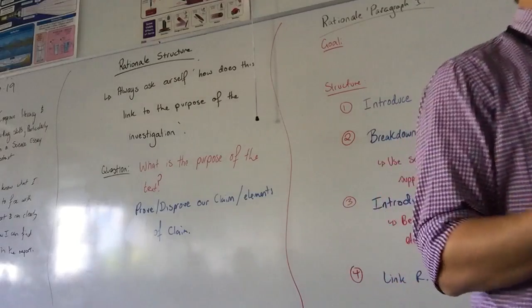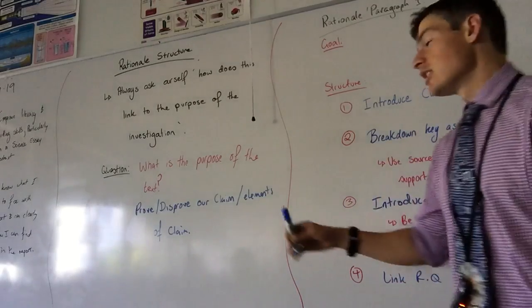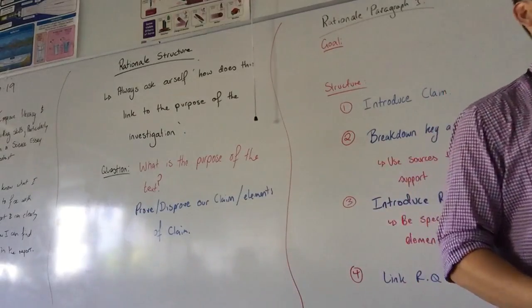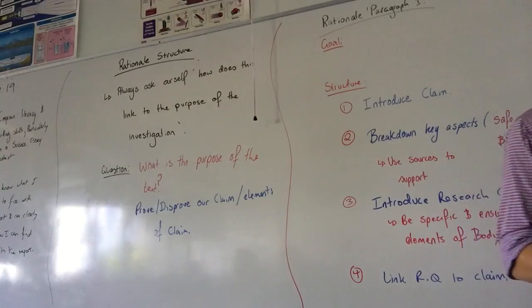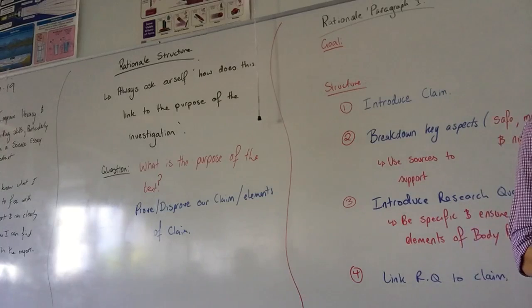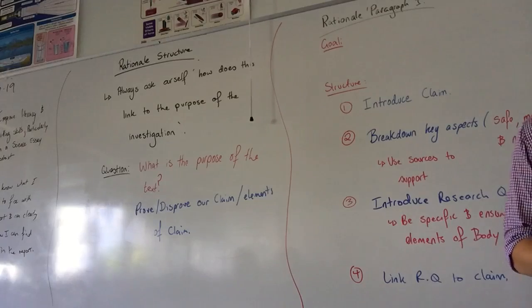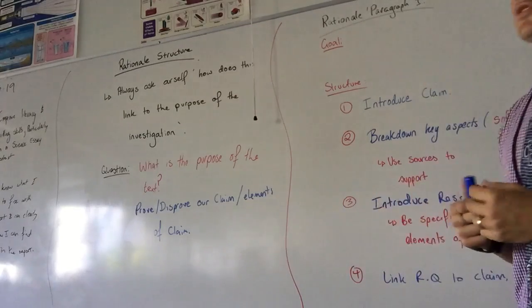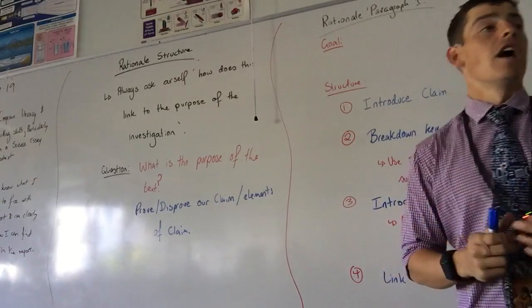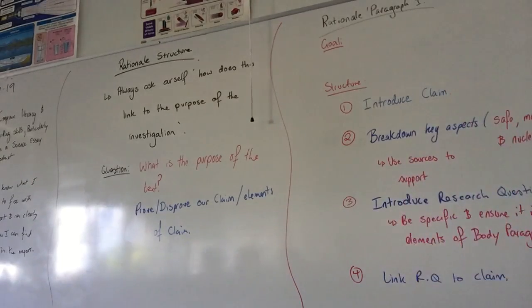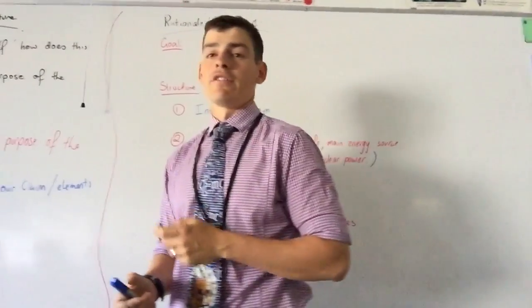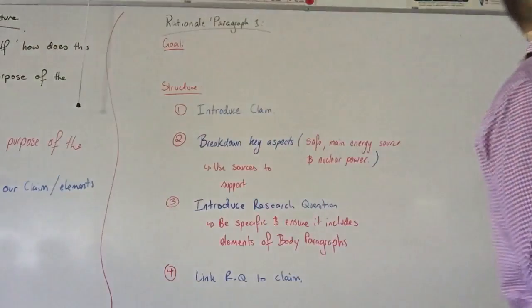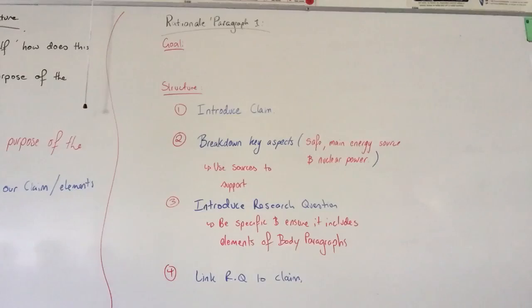So to showcase your ability, one of the things that you need to be able to do is be really discerning about, does this help me prove or disprove my claim, or an element of my claim? Are we happy with that? Yes. Now I think a lot of us in our body paragraphs are okay. We're going to come back to those. A few little refinements will get us in the right spot. But a lot of us are struggling with this first paragraph. And I think that's because we don't get what the goal of the first paragraph is.